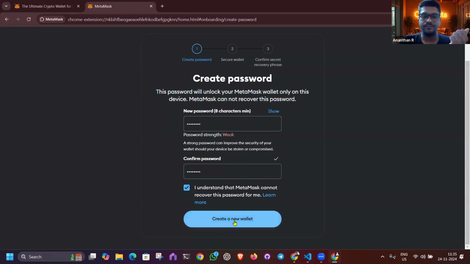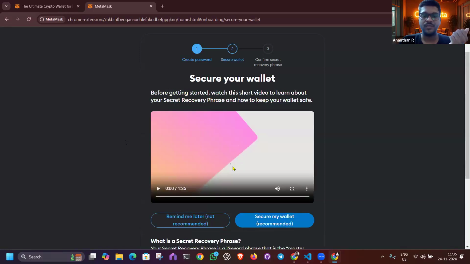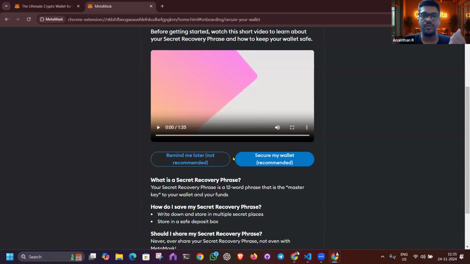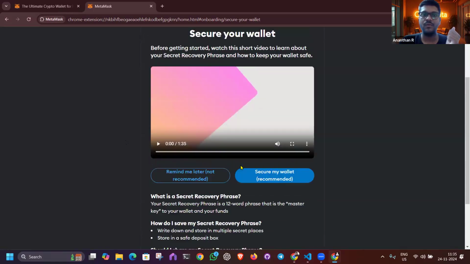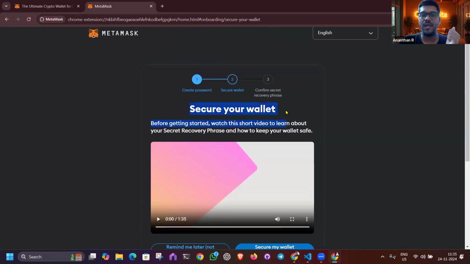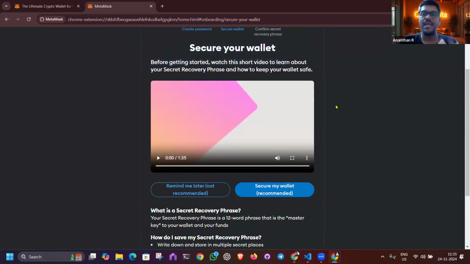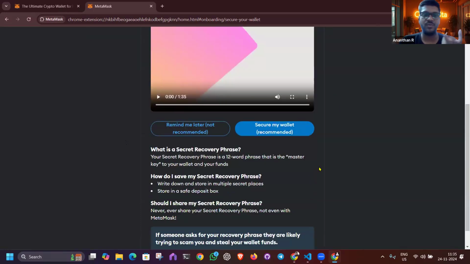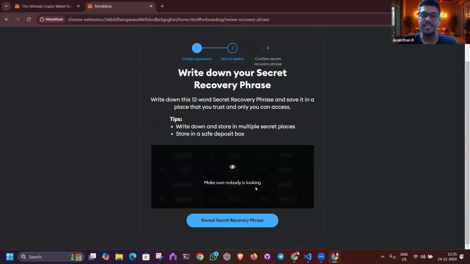so create a new wallet. Here there's a video. If you want, you can watch it on your time. Here there are two options. Remind me later, or secure my wallet, and for that I need to set up another password. So obviously you need to make sure that you secure your wallet. So click on that, and this is